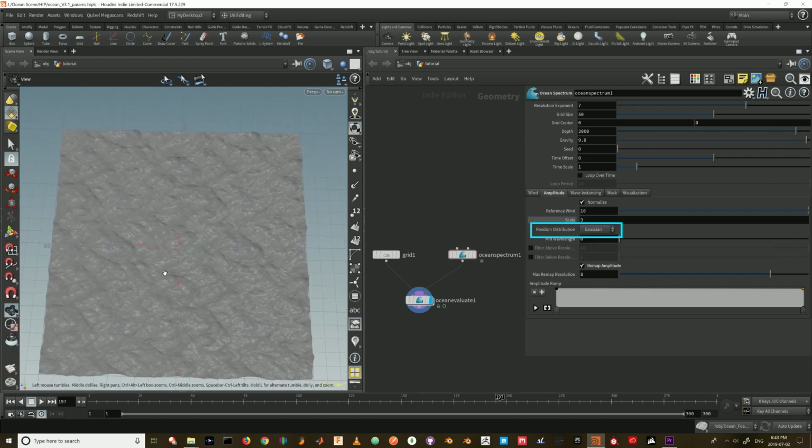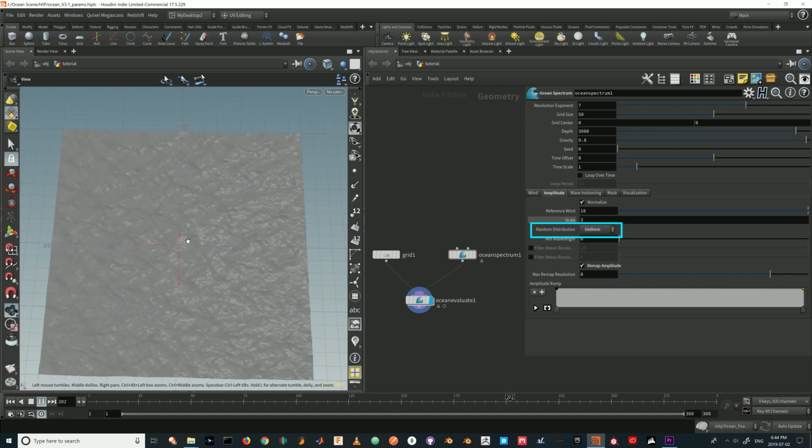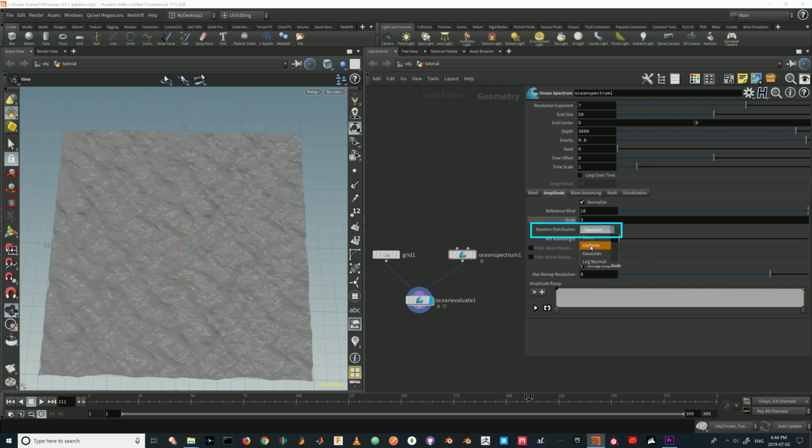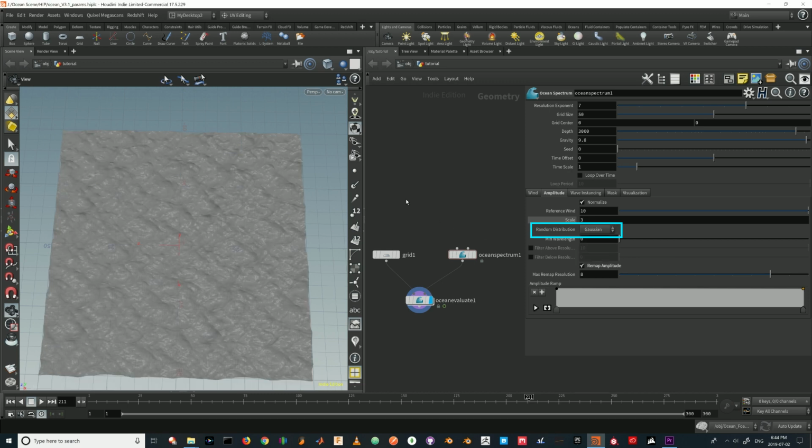The random distribution defines how the height of the waves are distributed. Which wave is what height? What kind of distribution do you want to use? Well, it's randomized, but how do you want to randomize it? Using which algorithm? So this is very uniform and is very predictable. If you want more randomizing,